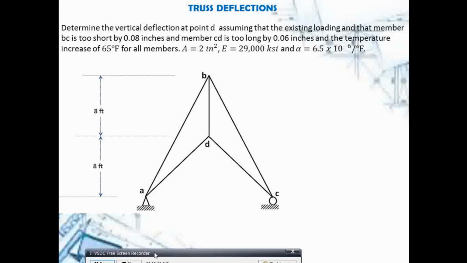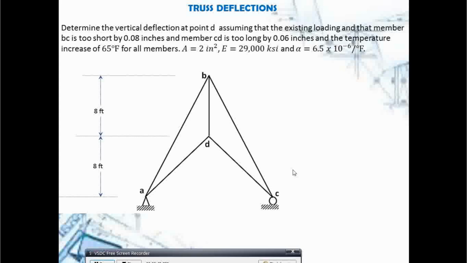determine the vertical deflection at point D, assuming that the existing loading in that member BC is too short by 0.08 and CD is too long by 0.08 inch. The temperature increase of 65 degrees Fahrenheit for all members. And given yung cross-section ng lahat ng members, that is 2 square inch. And the modulus of elasticity of the steel is equal to 29,000 KSI. The coefficient of thermal expansion is also given, that is equal to 6.5 times 10 raised to negative 6 per degrees Fahrenheit. So, since dito sa figure, walang external loads,